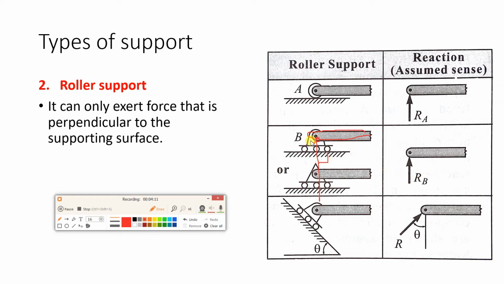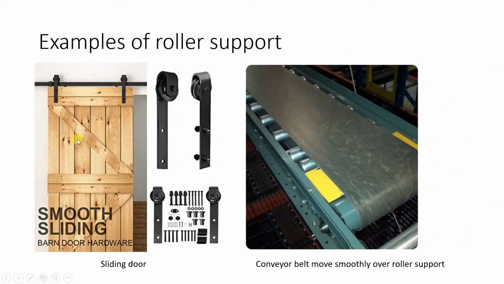Now this support has a roller, so it can move in the H direction also. That is why we don't have any reaction in the H direction. But which direction is restricted over here? The vertical direction. This rod along with this roller cannot be pushed in the downward direction. That is why there is one reaction in the vertical direction. This is the reason.